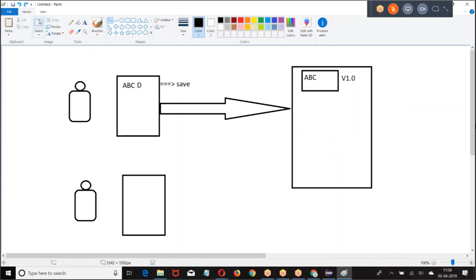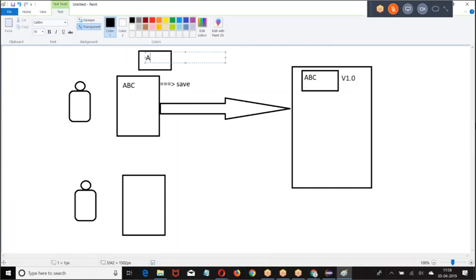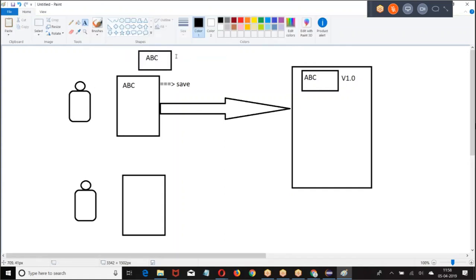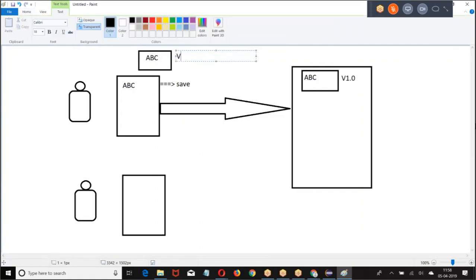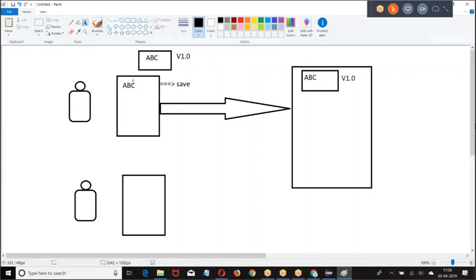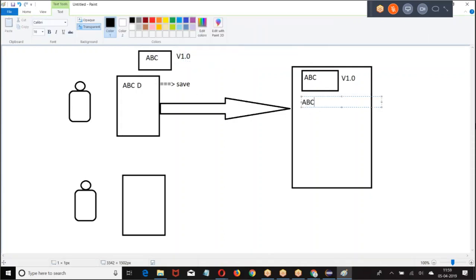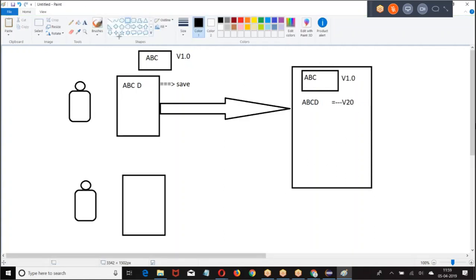What have the people started? Distributed version controlling. In distributed version controlling, what happened? They made a code, saved it. So what is 1.0? The local also we have. Then he made a change, working fine, uploading. Same code is also maintained in the local.